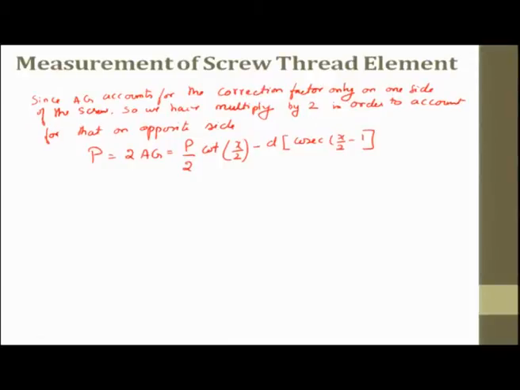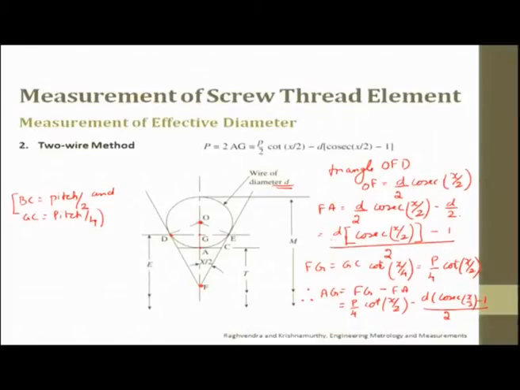So, although it is possible to measure the value of m, the distance between the wires, using a micrometer, this method is prone to error. So, although we measure it, we still have errors in this method. Okay. So, here let me go back, and it is d by 2 minus 1. So, this is for the 2 wire method. We are trying to find out this P. So, the P is nothing but the correction factor.